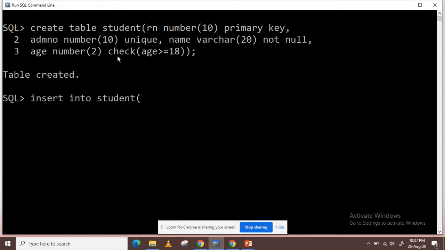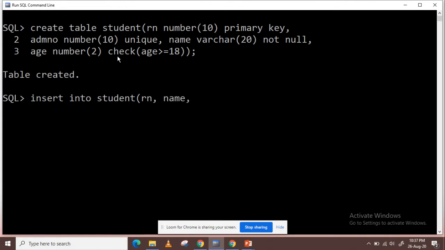While entering the rows into the table, we can enter the values in any order. I have taken roll number, then I can take name, means we can change the sequence while inserting the record, we can change the order of the values.